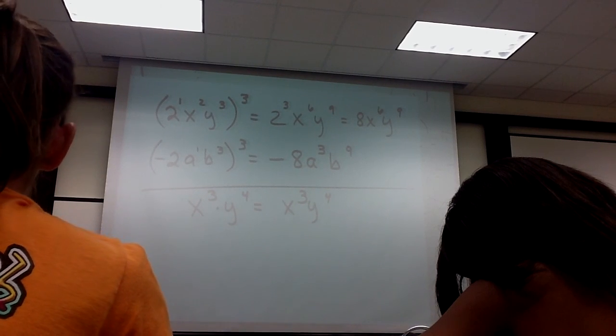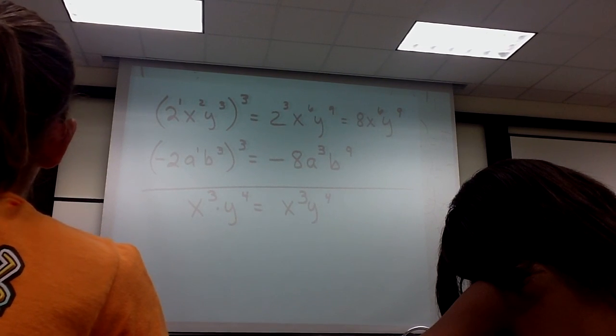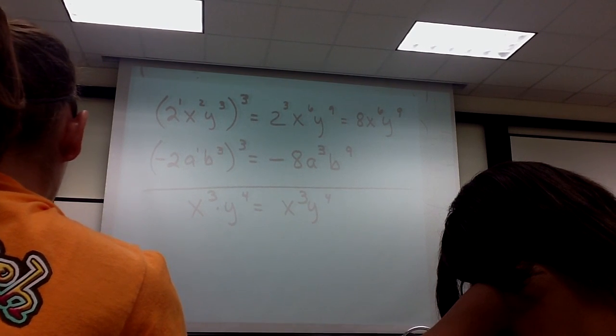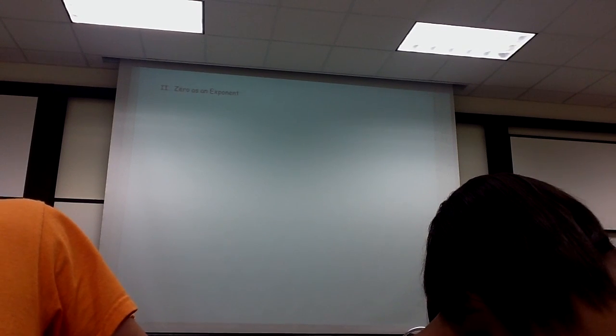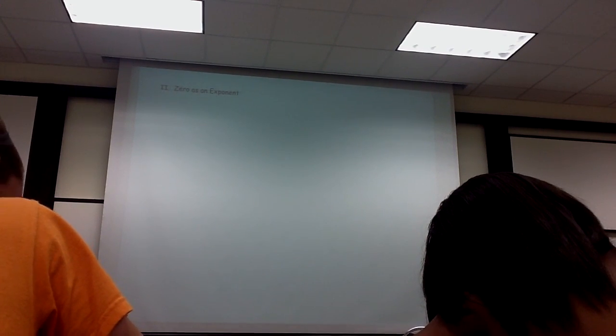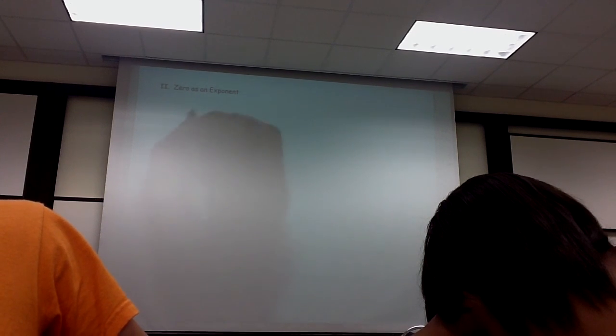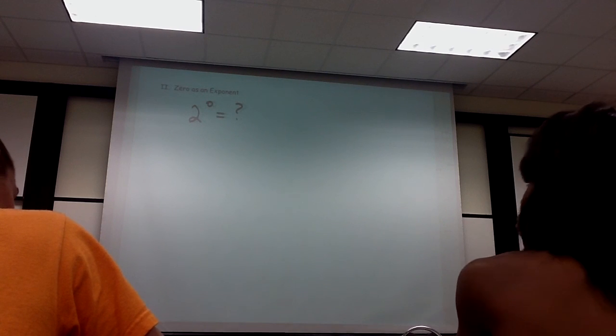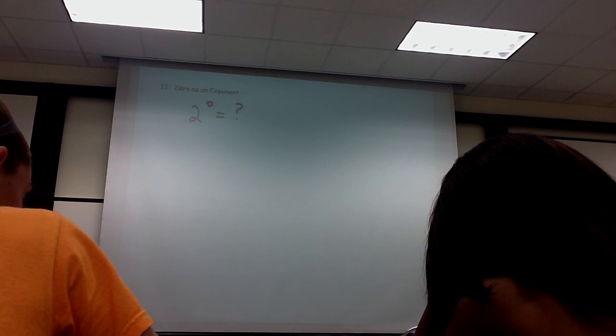All right. Positive integer exponents. First and second property of exponents. Now let's move to 0. The next one. We looked at positive integer exponents like 1, 2, 3, 4, 5, 6. Now let's consider what happens when I have 0 in the next one. Some of you are already aware of what this is. Most of us are going,